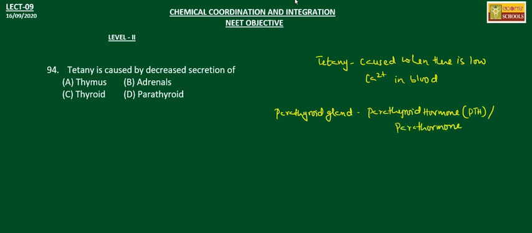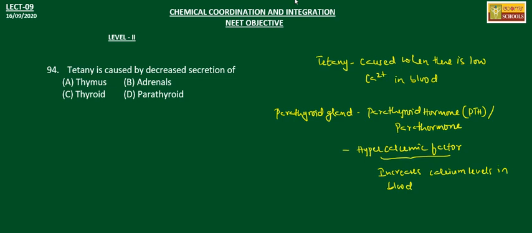This parathyroid hormone is actually a hypercalcemic factor, which means it increases the calcium levels in blood. So when this parathyroid hormone is produced in less quantities, then the calcium in the blood will be less,